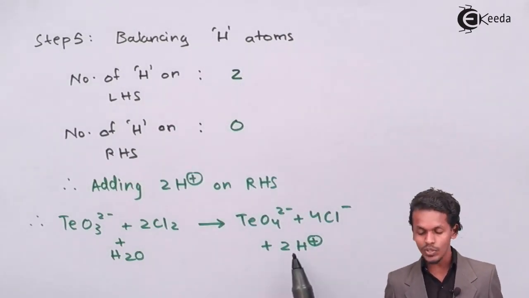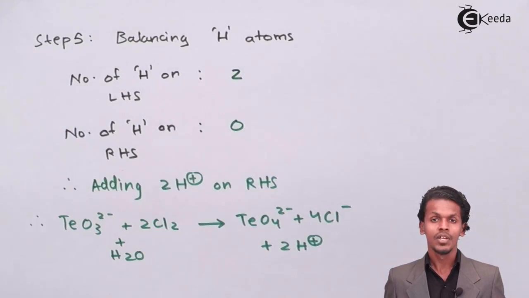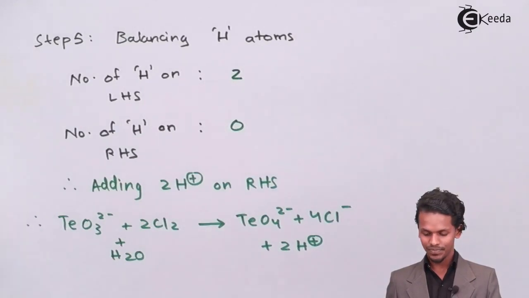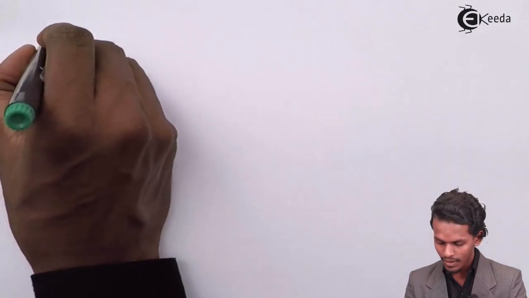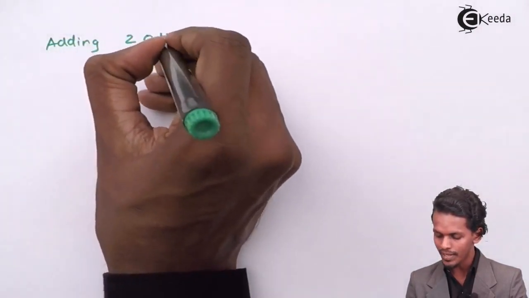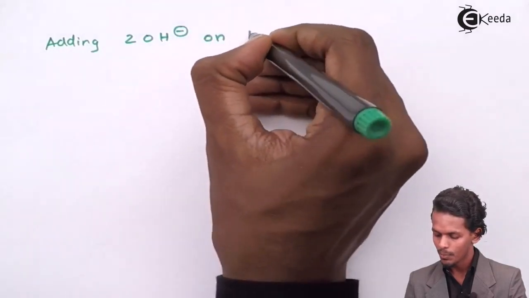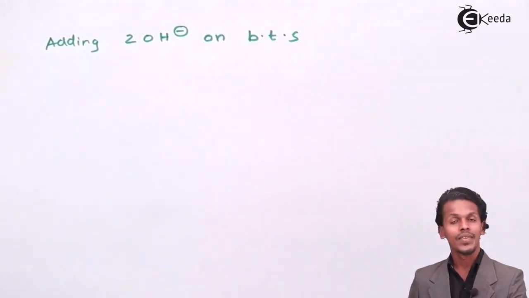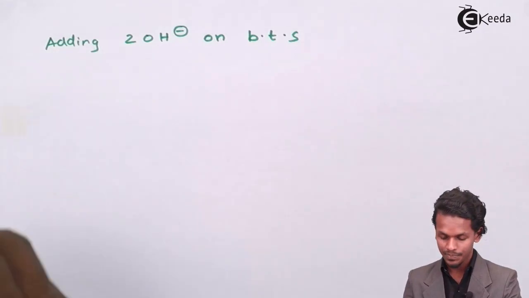Here 2 times H plus is present, so we'll add 2 times OH minus ion on both the sides, and we get an ultimate answer as